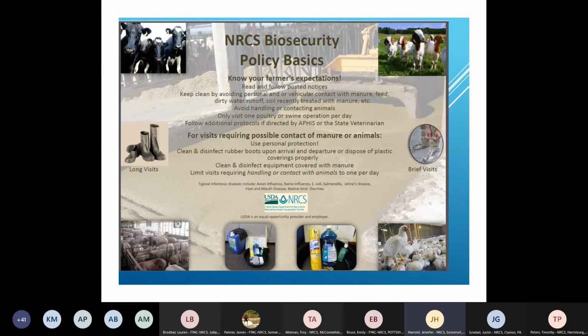Biosecurity, be familiar with that. All of our government vehicles, we have bio-booties or we have wash stations in our vehicles. If you're going to visit, say, a poultry farm, which they don't usually let you in, but limit a visit, one per day. Hog facilities, they don't usually let you in there. I did get to peek into one last year,